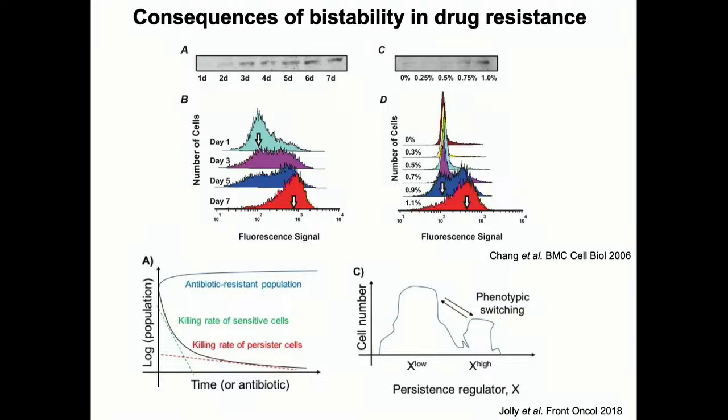and they can switch back and forth, and that is why you never see populations disappearing to zero. You always see some populations left behind. And of course, the entire field is trying to work towards how you get cells out of that second state back to a sensitive state and then eventually kill them. So this dynamics, which we talked about in a simple example, has implications in major biomedical health scenarios as well.